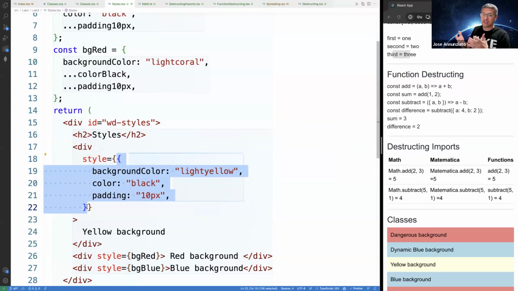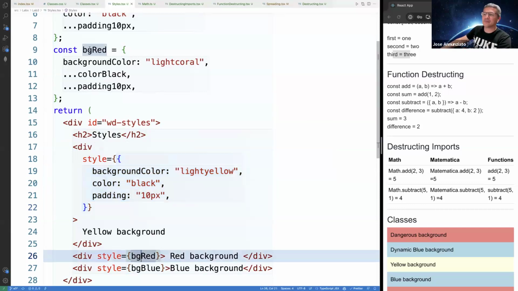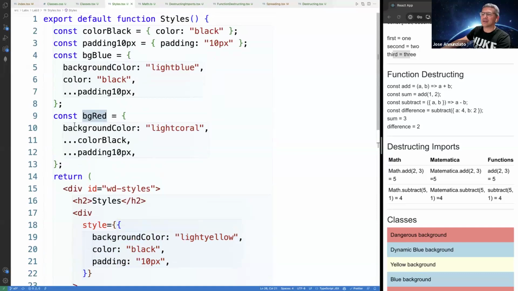or this JSON could be calculated on the fly, maybe by a function. You call a function, and the function returns the object that you want to apply here, or it could be a variable. So here, this variable is BG red. Background red is setting the background color to be like coral. Plus, notice that it's using two spreader operators to copy over the styles from other constants. So color black is taking the content of that object,